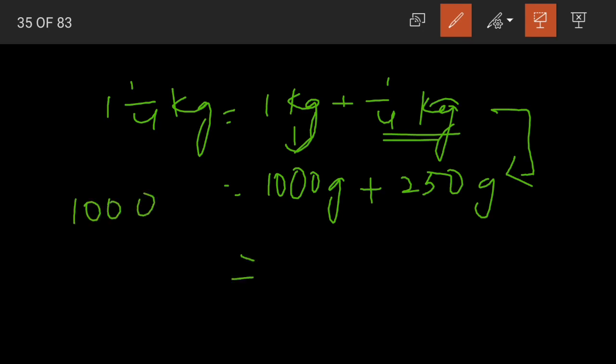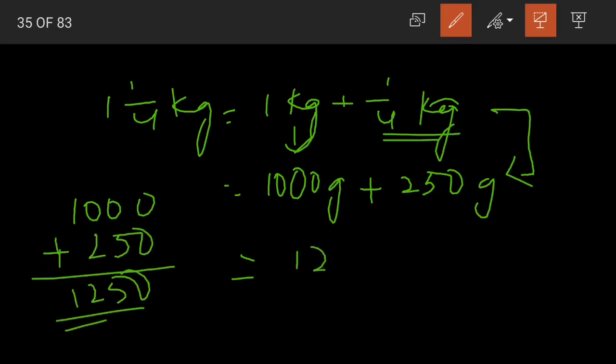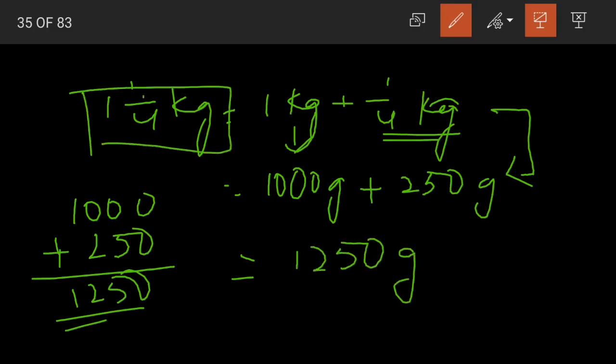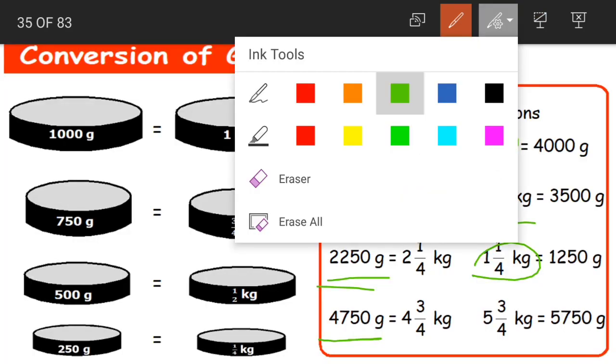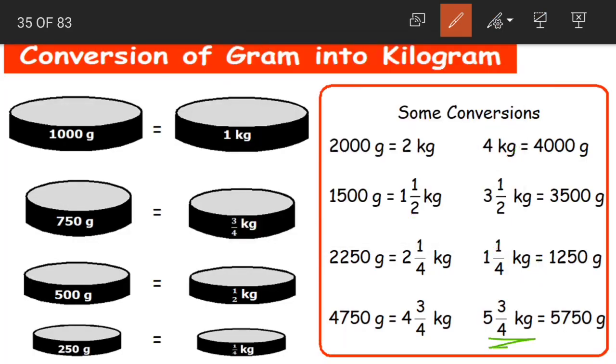Now 1000 plus 250 is equal to 1250 grams. 1 1 by 4 kg when expressed in grams is how much, children? 1250 grams. Now coming to the last one, 5 3 by 4 kg